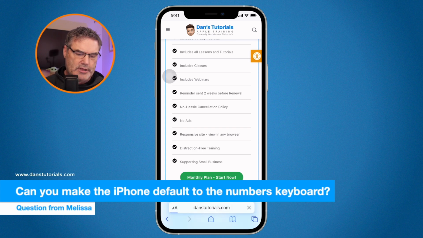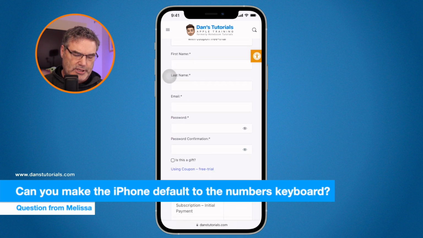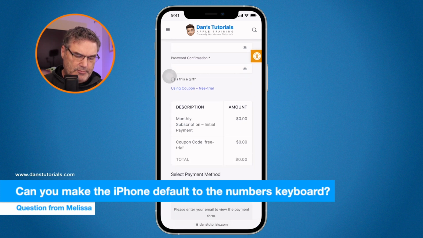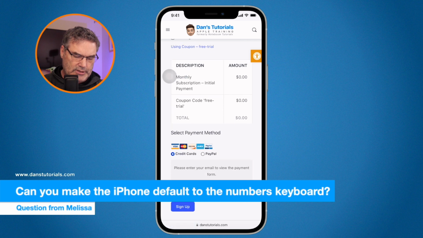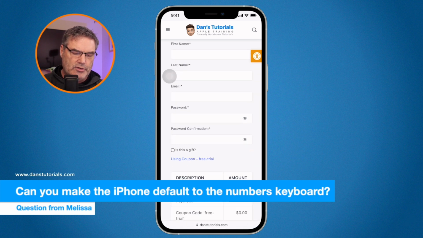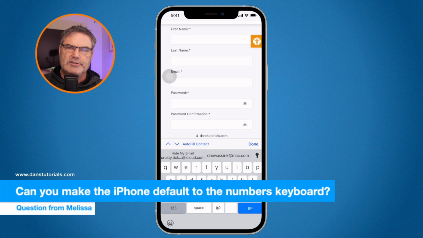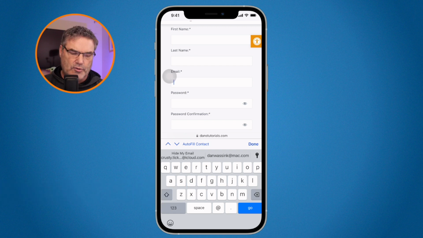All right. So when you sign up for something or fill something out, in some cases, I don't ask for a zip code here, so it's not going to show you. In some cases, when you tap on a field, you'll see a nice little number keyboard, 1, 2, big digits. So what she's asking is, when I go to a site or fill out a form, can I have it default to that when there's a number field like a zip code? The short answer is no, you can't.